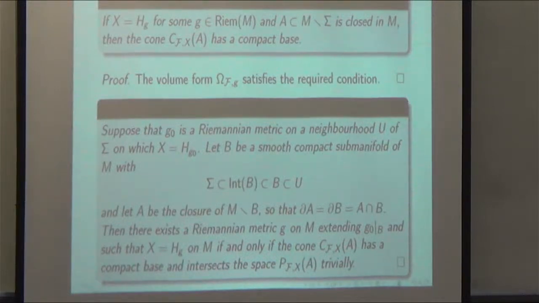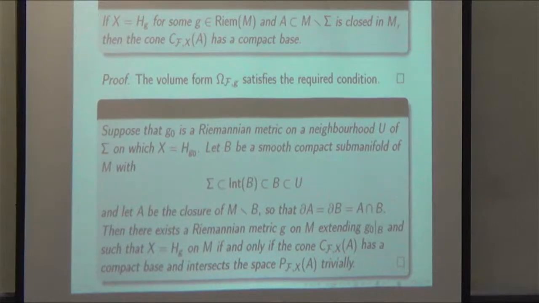Then a Riemannian metric on M extending G0 and such that X is equal to H everywhere on M exists if and only if the cone has a compact base, as in the proposition before, and intersects the space P, which is slightly different from this one, but again is some linear subspace,